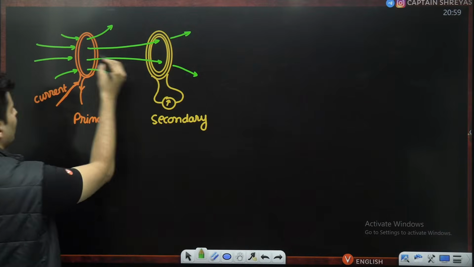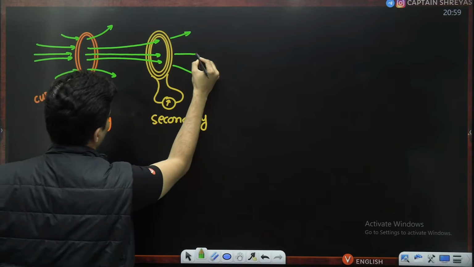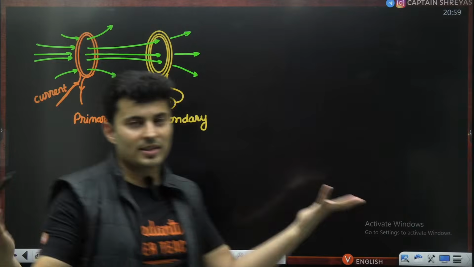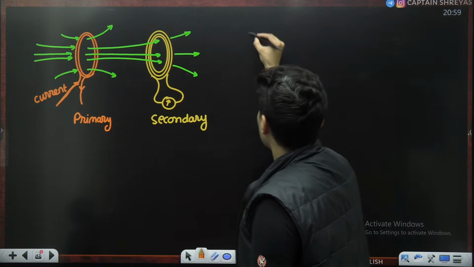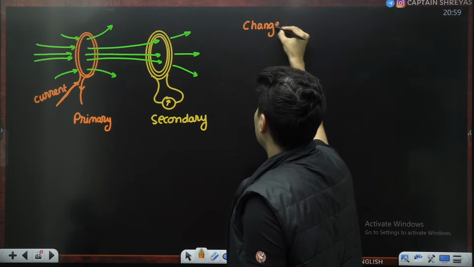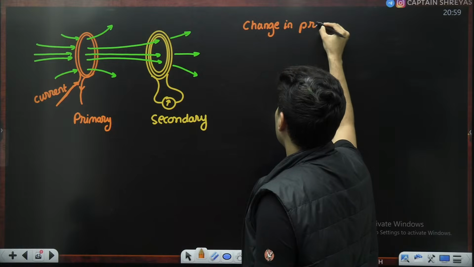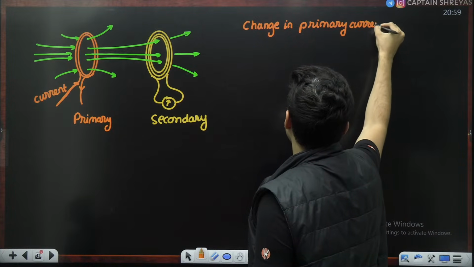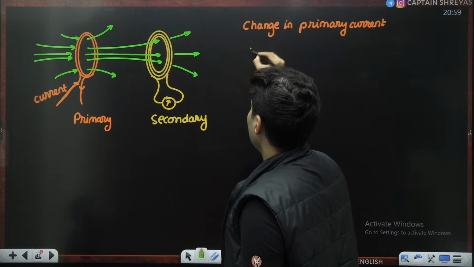So obviously there is some amount of flux which enters into the secondary coil. Some amount of flux gets through outside. It does not pass through the secondary coil. Now just imagine somebody changes the primary current, the change in the primary coil's current. What will it do? Obviously, it will change